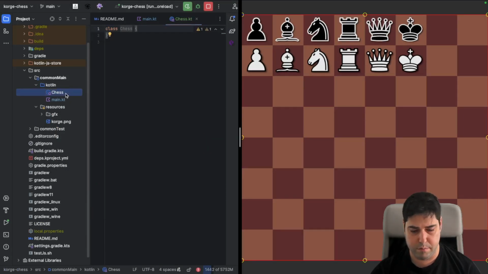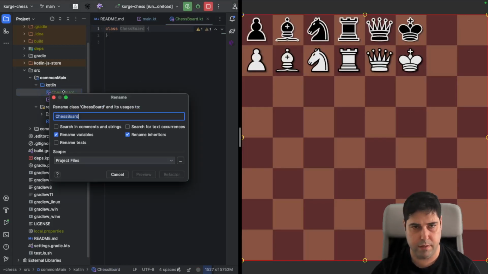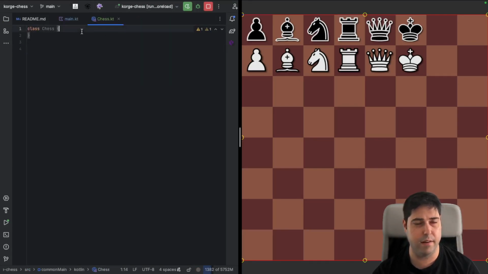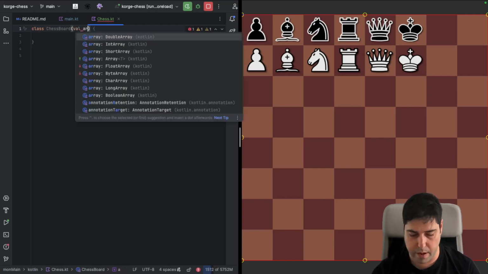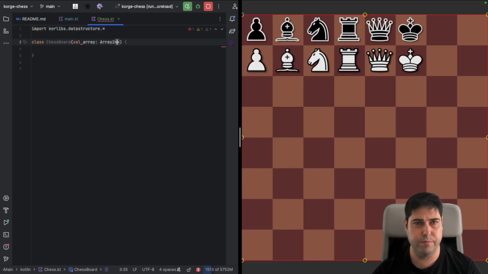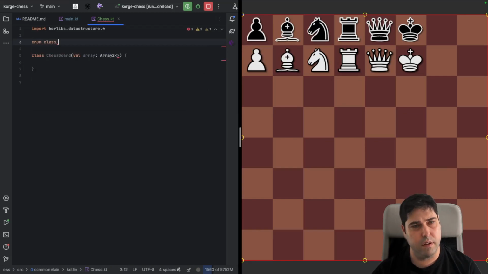Or maybe chessboard, or chess. Okay, just chess, and then we can adjust things. So here we are going to create a chessboard that is going to be an array 2 of maybe an array of chess piece,